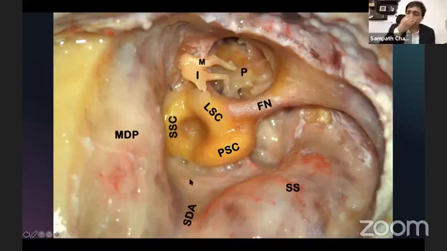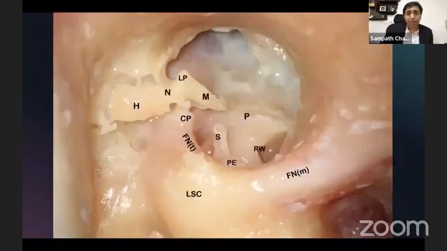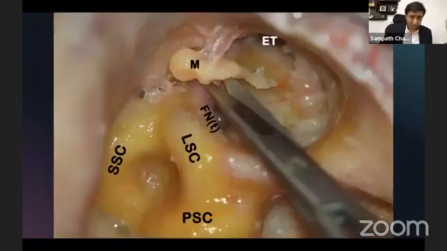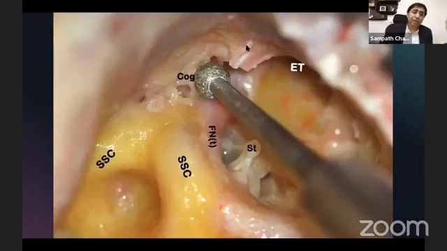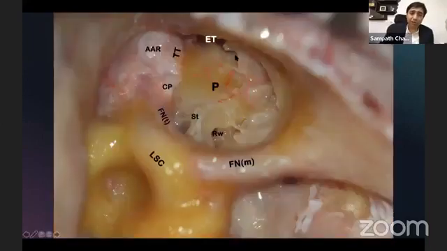But in skull base osteomyelitis, I would like to achieve a picture like this, and most often I end up with a picture like this, where all possible cells are exenterated. In skull base osteomyelitis, you see the disease going even deeper, past the cochlea into the petrous apex. So all these cells have to be exenterated. Always remove the ossicles, malleus and incus, and the suprastructure of the stapes. The cog area can be drilled out, again depending on the disease extension.